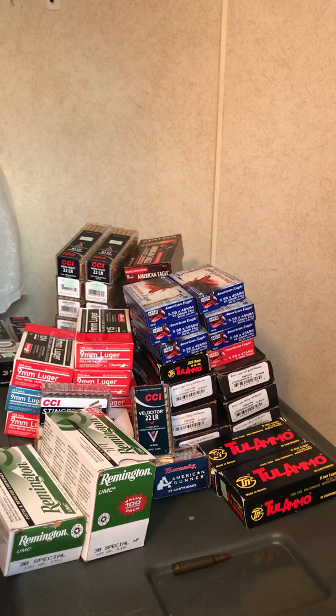I did order 2 boxes of that, and they did charge me $9 shipping. So it was $89 for 300 rounds. And it has been 10 days, and they still have not shipped it out yet. But Palmetto State Armory has always done me good, so I'm not really worried about that. So I just kind of wanted to throw that out. And also,